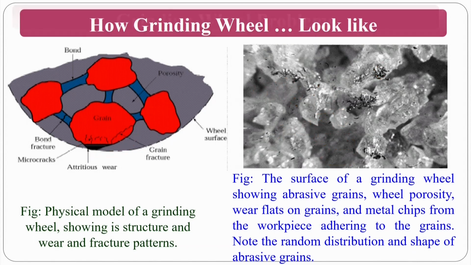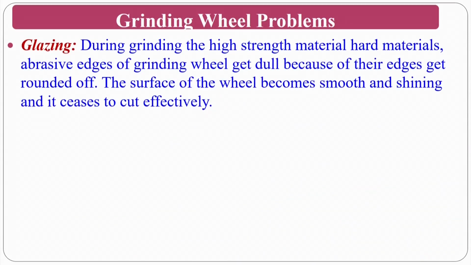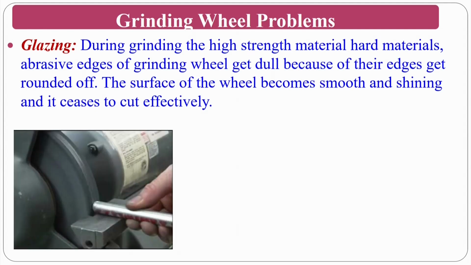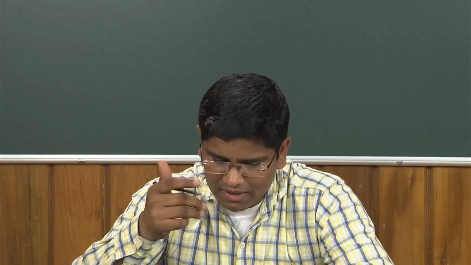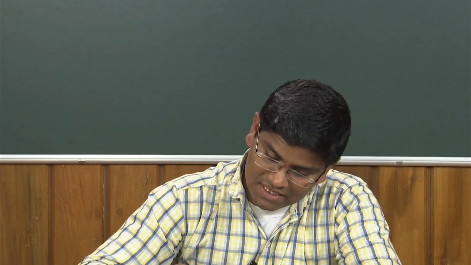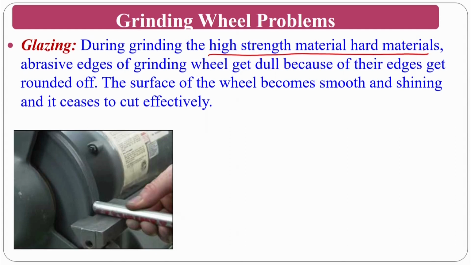Now the problems. The first problem is glazing. Normally, if you see a hard workpiece material versus a hard wheel with a hard grade, you will get a glazing problem. What is glazing? In high strength, hard metals, abrasive wheels get dull because their edges get rounded off. That means if I have a hard wheel, my abrasive particles are firmly bonded, and if you are using it